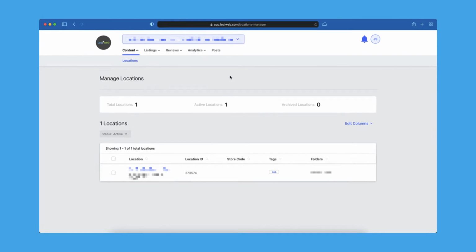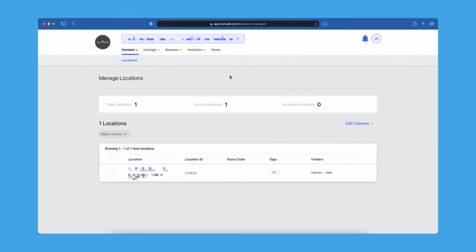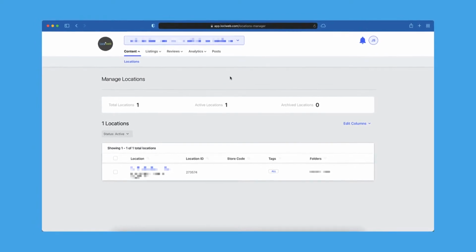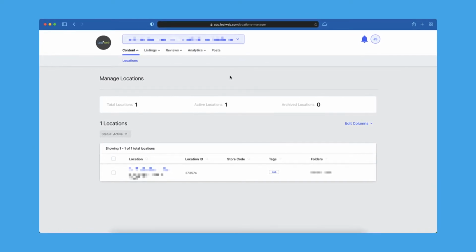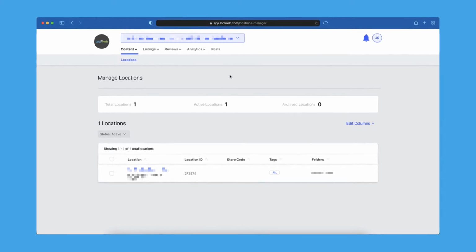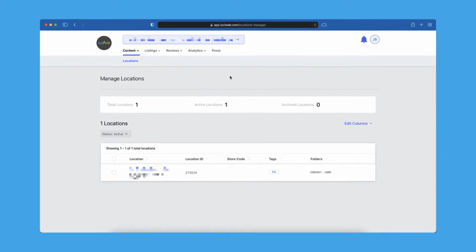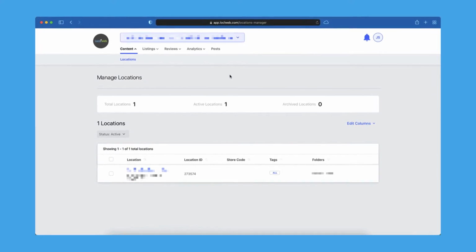I'm going to go over real quickly how to use LocalMark to update your business information. This one is already synced and everything, so I'm going to show you how you go through and edit it. But if you're just creating your business listing for the first time, it's virtually the same steps, but you're just creating it from blank information instead of having everything filled out and then editing it.